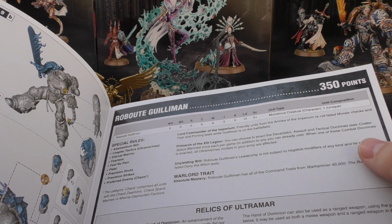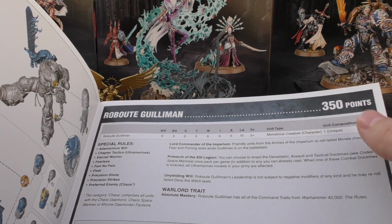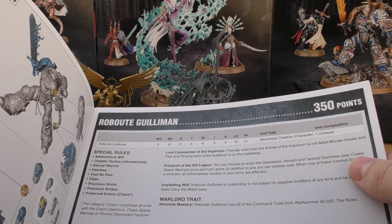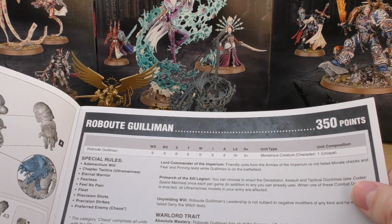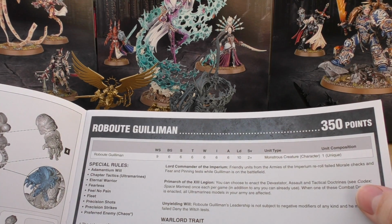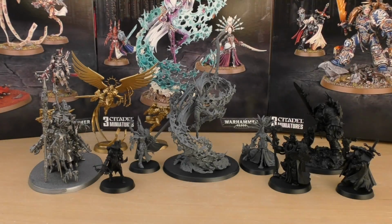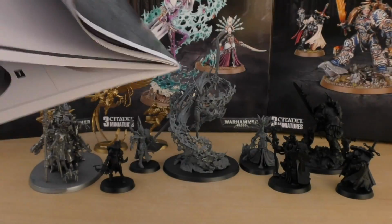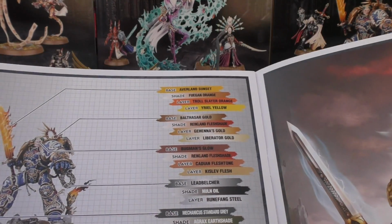Not all of the rules, but the main rules that you'd use and the points. I think that's great if they had gone the route of releasing the codex a week after, but luckily for all of us, they released the codexes on the same day as the box sets, so that's fantastic too. So yeah, I just wanted to make that point about the books and the lovely artworks at the end of them,